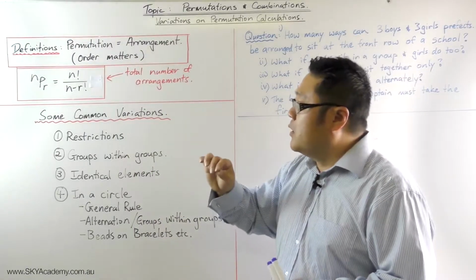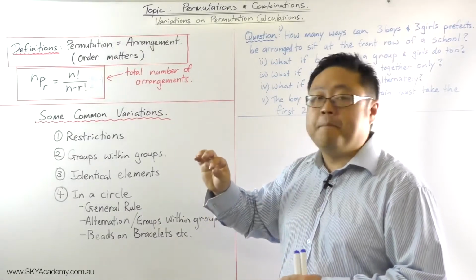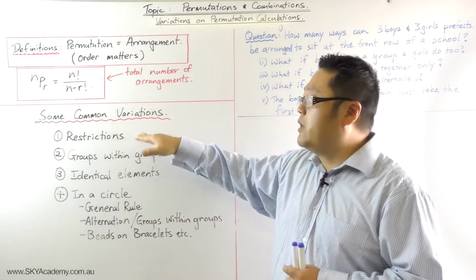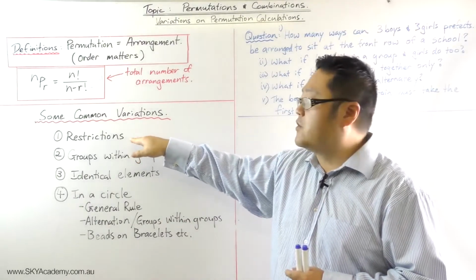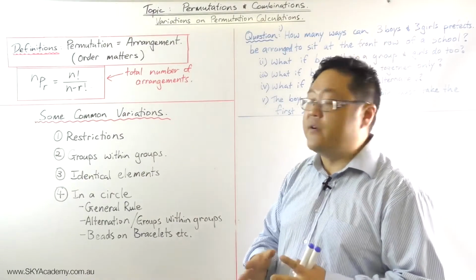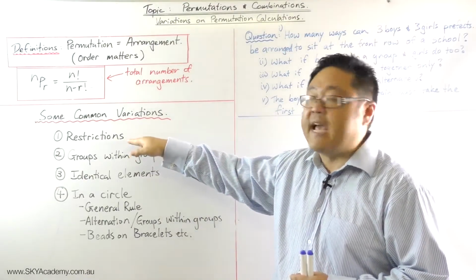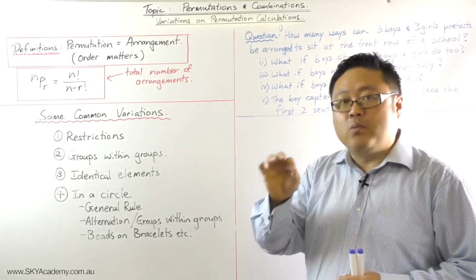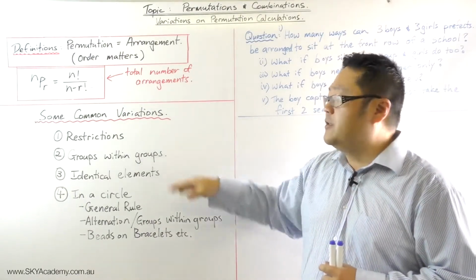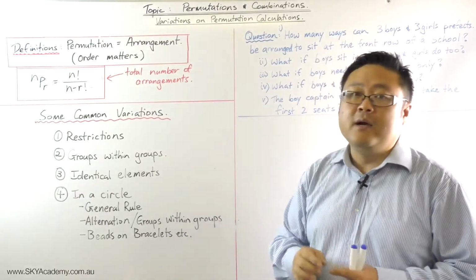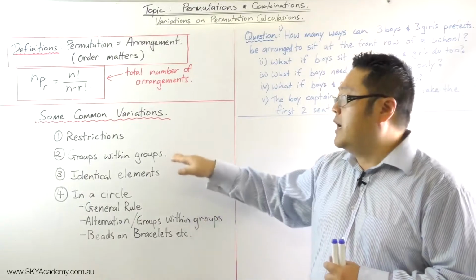And then what we did in the last episode was go through some common variations, and we looked specifically at the first type of variation that I highlighted, and that is the variation of restrictions and how that affects the way we use the formula. The next common variation that affects our use of the formula in calculating different arrangements is